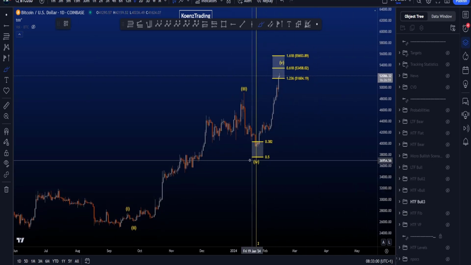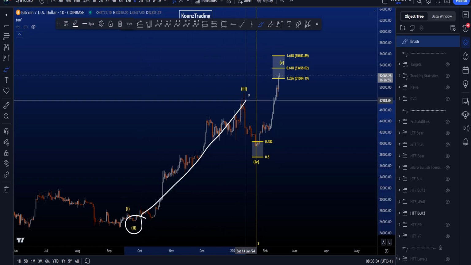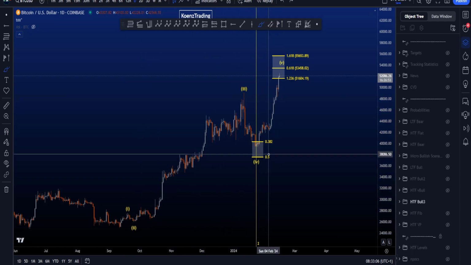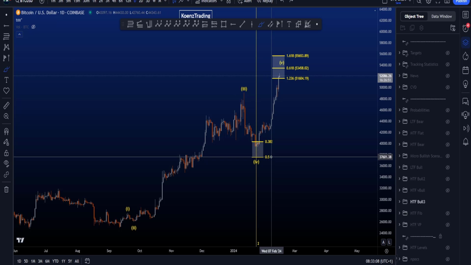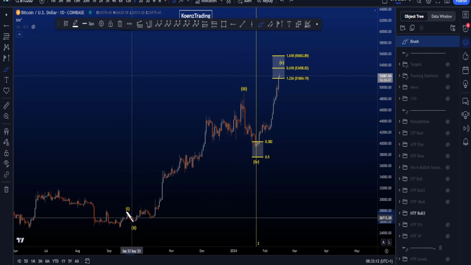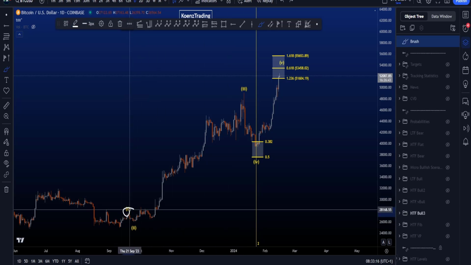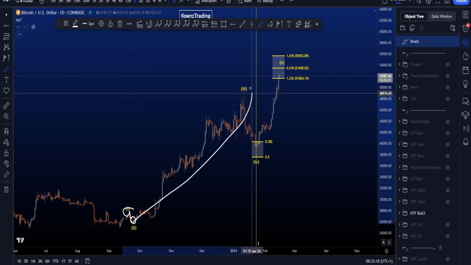In this scenario, wave 4 retraced to the 0.382 to the 0.5 Fibonacci, taken from the low of 2 to the high of wave 3, which is a common target for a wave 4, and time-wise, this wave 4 is twice the length of wave 2, which is nice to see. The Fib time is taken from the high of 1 to the low of 2 to the high of this